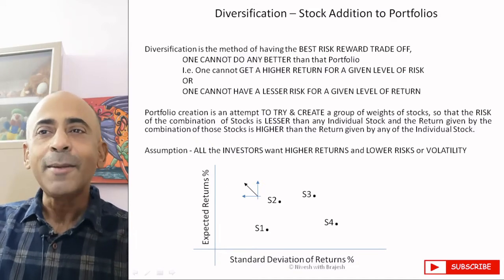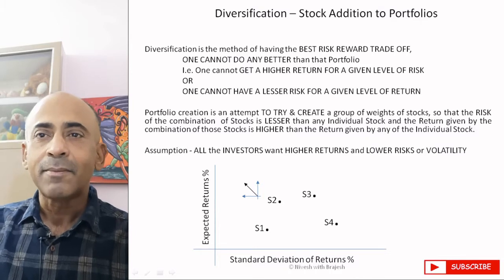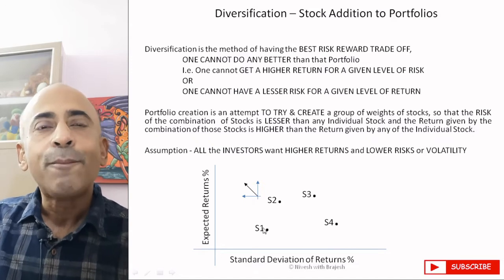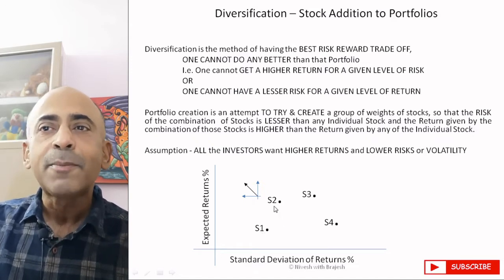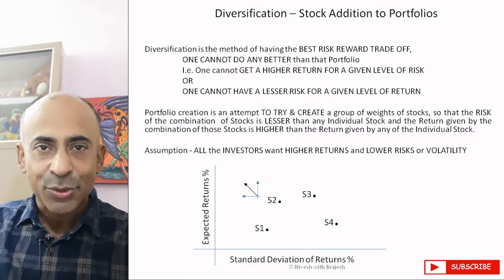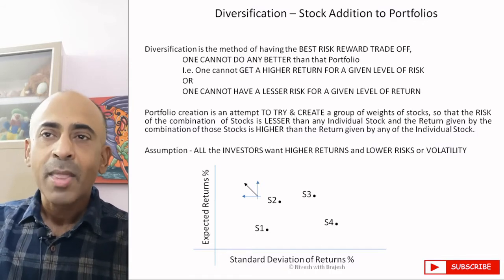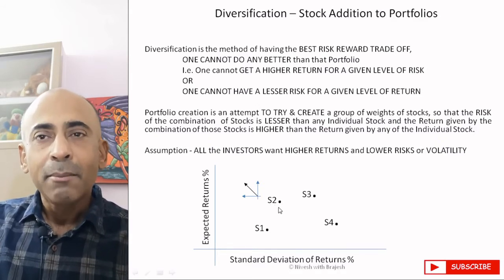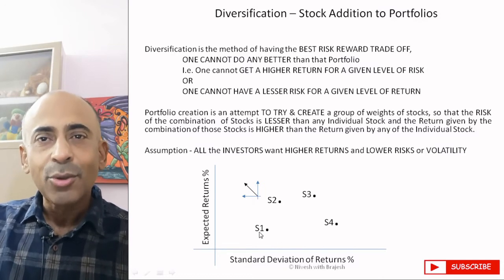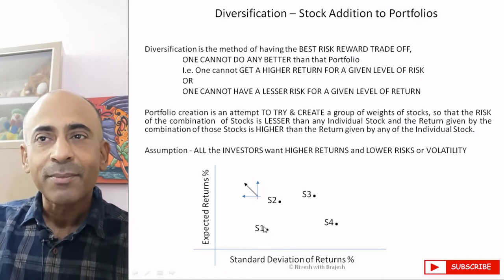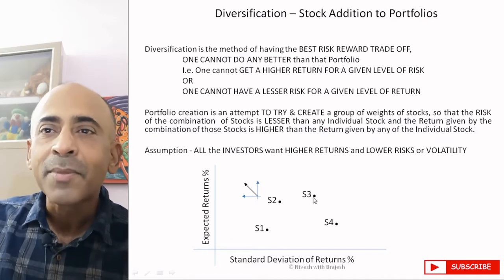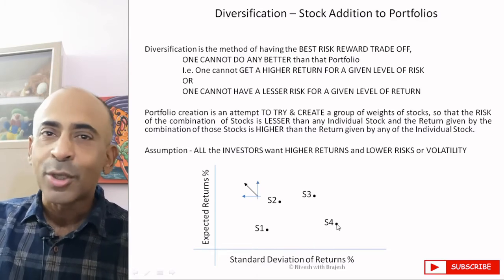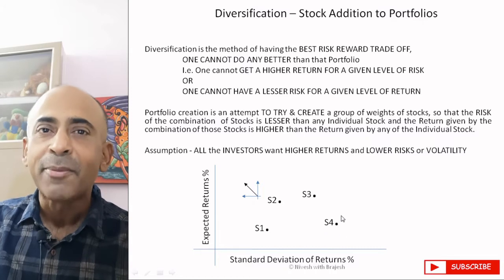So we take a group of stocks here. They can be any stock of any sector. Shown are 4 stocks, S1, S2, S3 and S4. Now, one option open is that we invest 100% in one stock that is closest to our happiness zone, that is on the top left. And stock S2 looks like an ideal bet. But then notice that S1, though it has a lower return, has lower risk also. And S3 has the highest return but has considerably high risk also. And S4 looks like a not so worthy stock given the highest risk and not an impressive return.